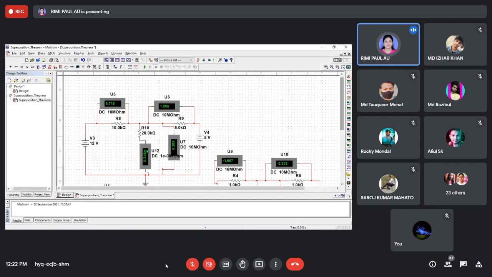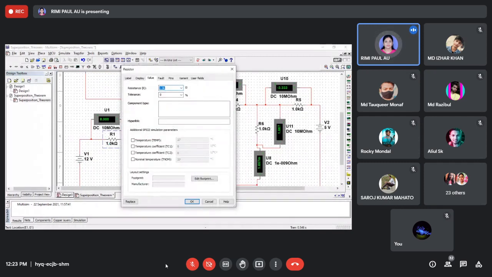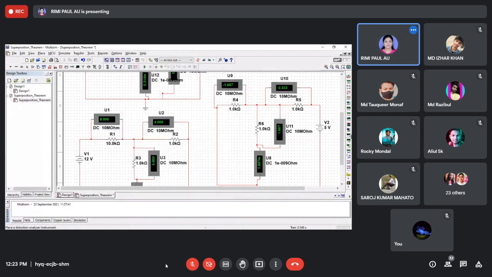Now only this 12 volt source is acting, and I am taking the resistors. This is also a 10 kilo ohm, because the resistor I cannot change. Now this is 5 kilo ohm.